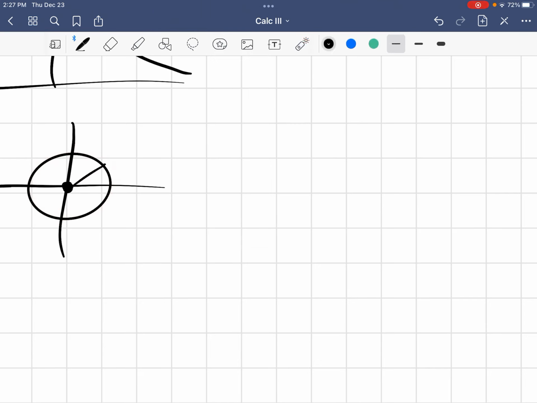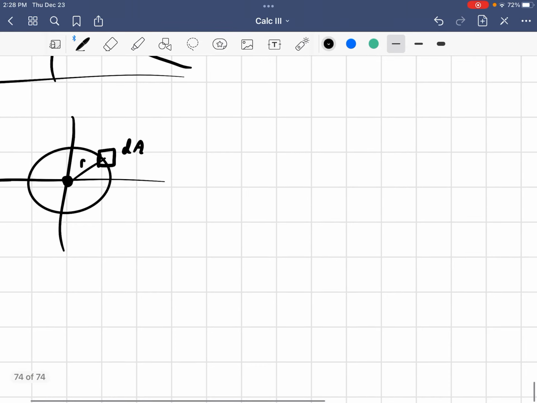If we go a distance r out from the bullseye, we wouldn't expect more darts to be, at least theoretically, above the bullseye than below the bullseye, right? We'd expect an equal number of darts along this circle given by this radius from the bullseye in a theoretical scenario, right? And so what that means is that if we're to talk about the expected number of darts in, say, some tiny area dA of the dartboard,